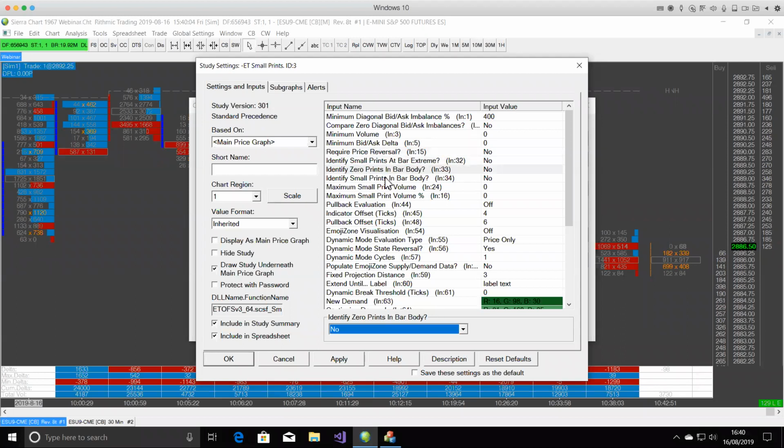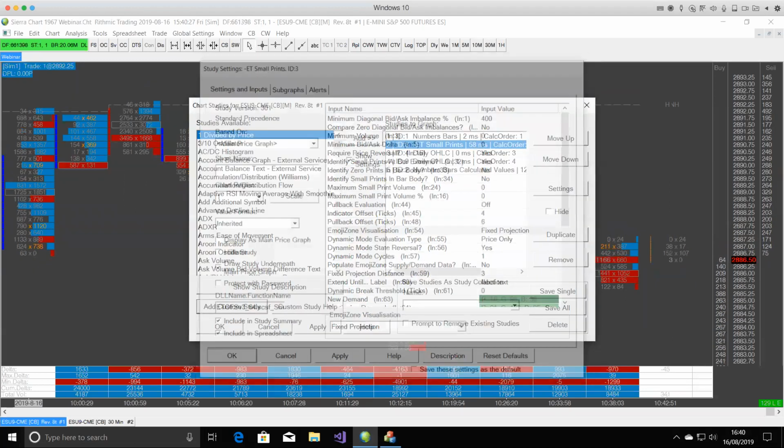Here are our key inputs, though, for the modes which we're going to look at. Let's deal with the first one. This has nothing to do with aggression, but we might as well do it because it's there first. This is our historic single print at extreme indicator, a sign of exhaustion. So what I'll do here is set this up just with a fixed projection, hit apply,